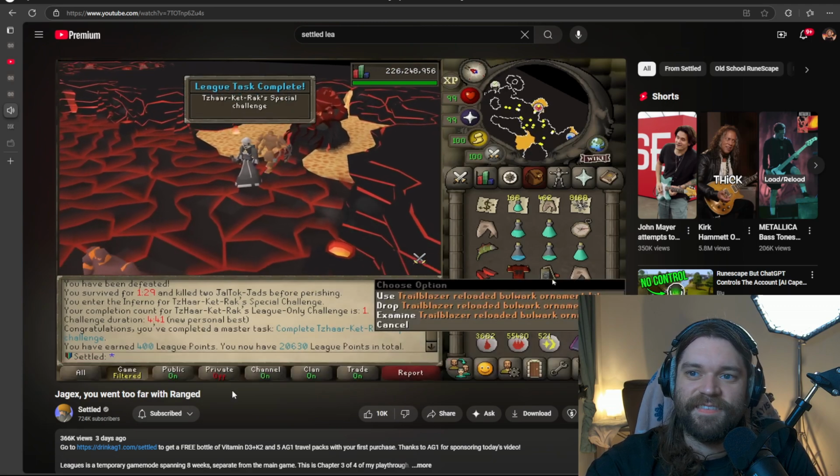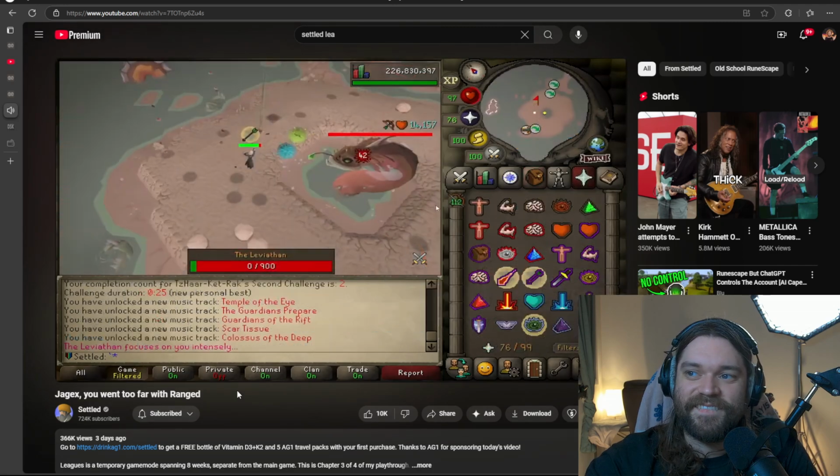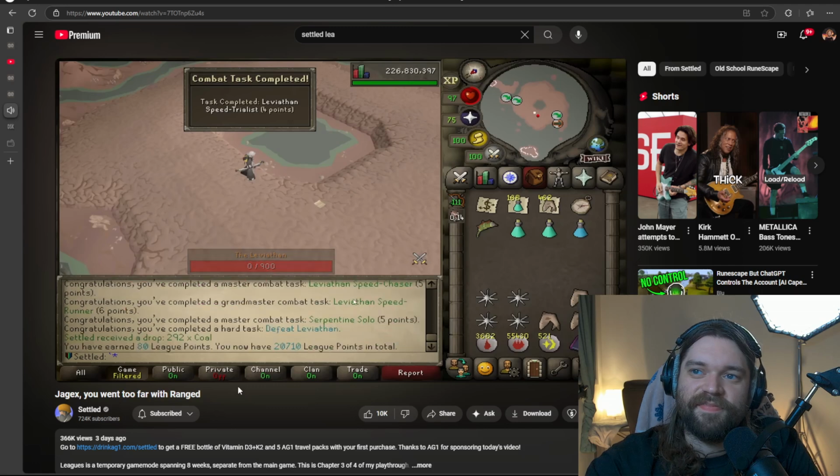400 points and a bulwark ornament kit. Isn't that beautiful? I can't even get a bulwark. I was having so much fun testing the bow. I took it to Leviathan to get some 30-second kills, and then I realized I still have grinds to finish. So I went back to...